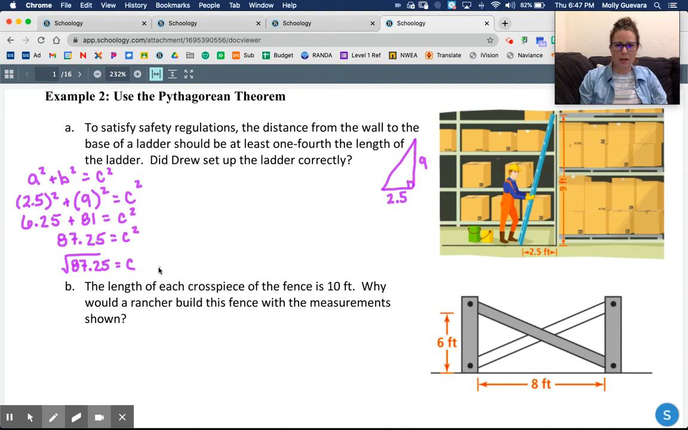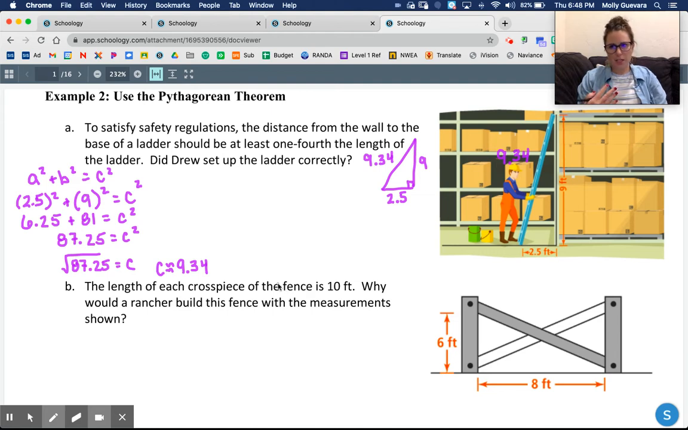We can just go ahead and enter it into our calculator. And I get c is approximately 9.34. So that is the length of the ladder, 9.34. I know that's really hard to see. I guess I could do it here instead and it'd be easier, 9.34. Okay, so